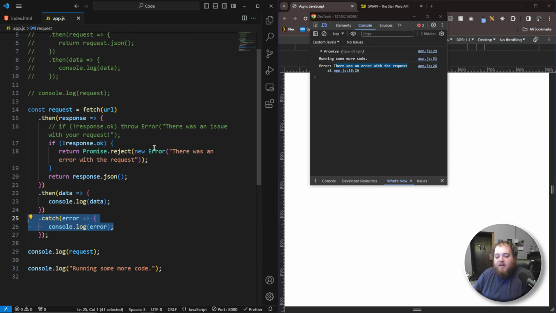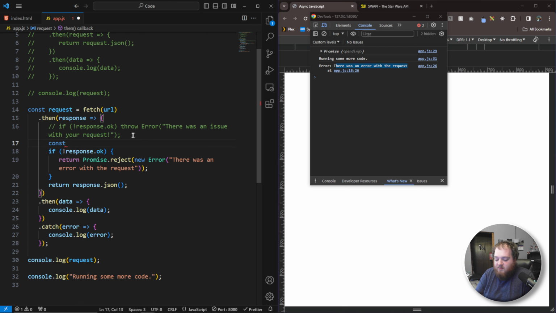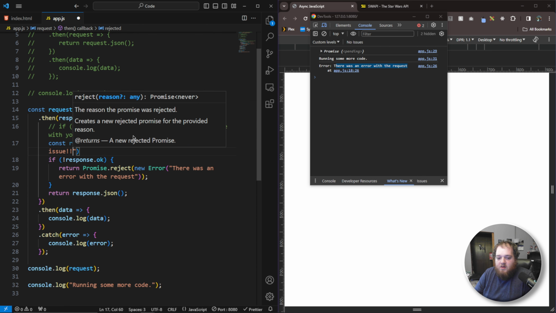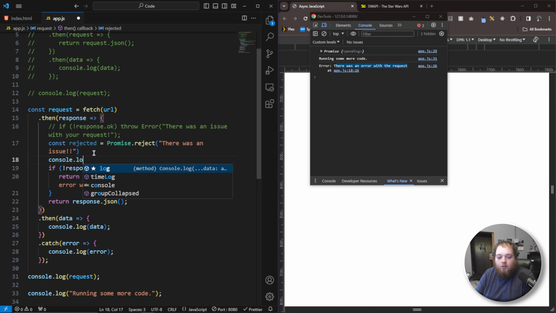method down here. Now, we didn't actually see a rejected promise. So how do we see that? Well, we can actually say const rejected is equal to promise.reject, and we could say there was an issue. And this is going to pop regardless because we haven't checked anything, but we'll just go ahead and console.log